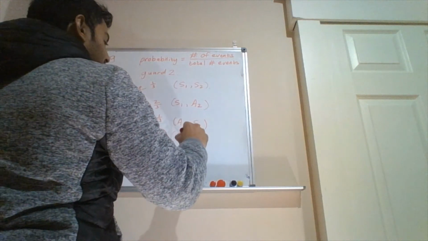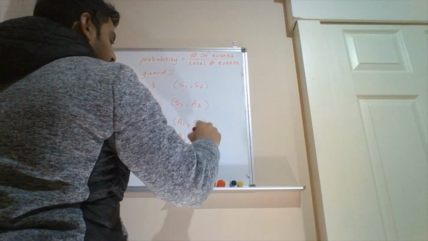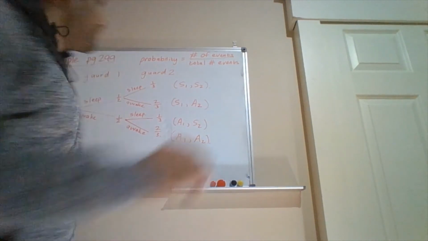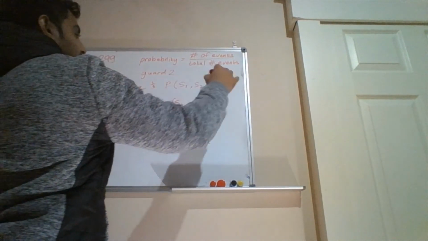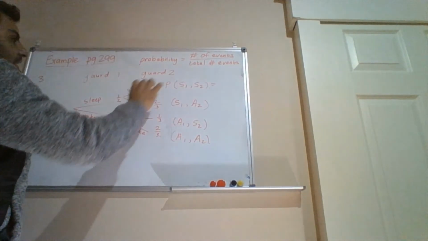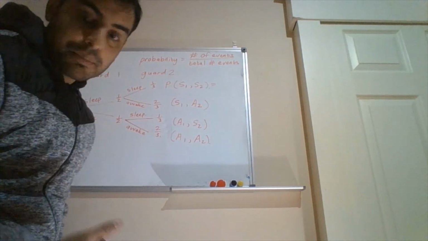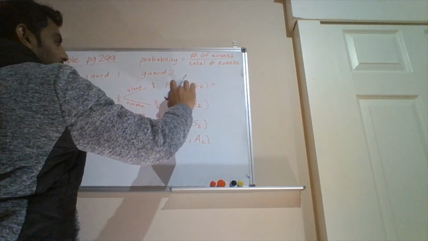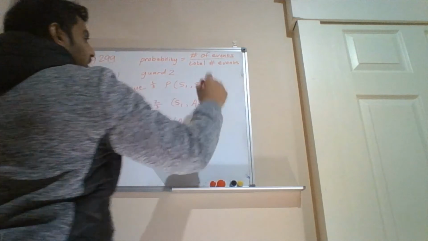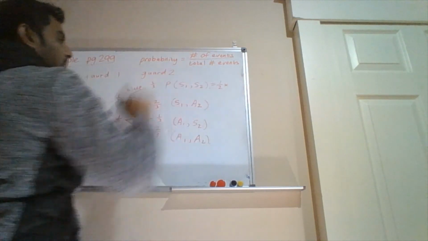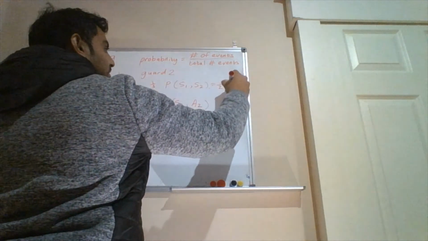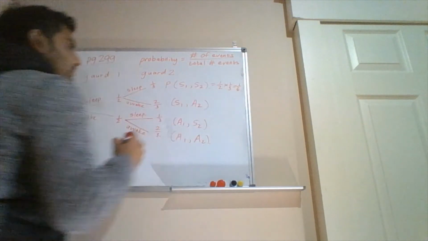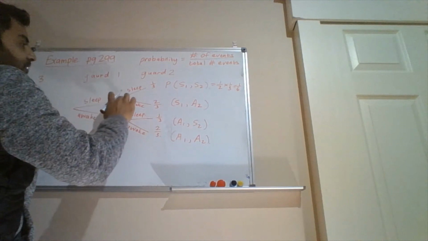And the first guard is awake and the second guard is awake. So if we want to work out the probabilities for each of these events, we would multiply the probabilities for each of the branches. So for the first guard being asleep, it's a half, and we multiply it by the probability of the second guard being asleep, which is a third, and a half times a third is a sixth. For this branch,